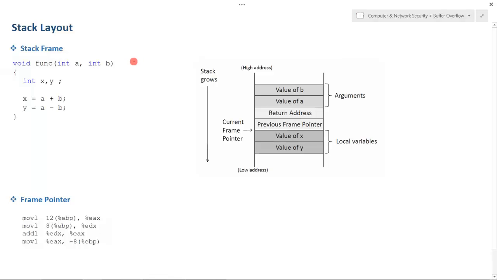So here's a very simple function. I have a function with two arguments, A and B. I'm also just using integers to make it simple. I have x and y. Now, when somebody calls the function, let's see, fun, we're going to put 5 and 6. When you call this in your code, it looks like you just call this,